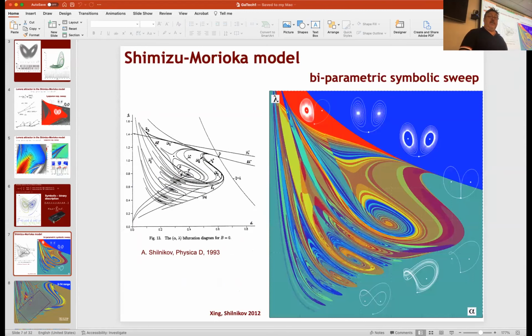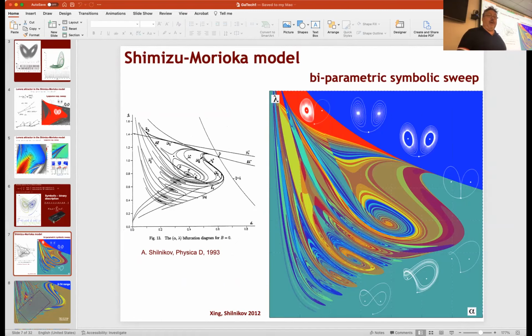I started with the Shimizu-Morioka model, and it's all about homoclinic bifurcations of certain codimension 1 and codimension 2, and this is a bifurcation diagram that I did, following each line one by one,